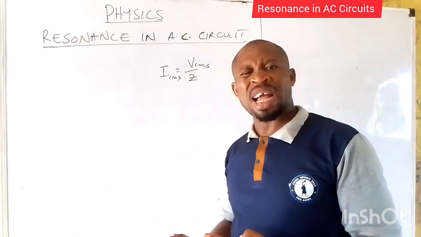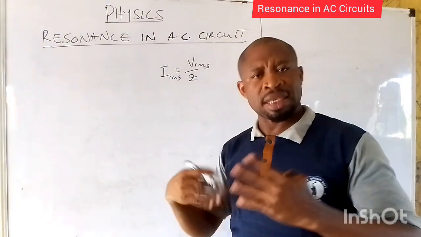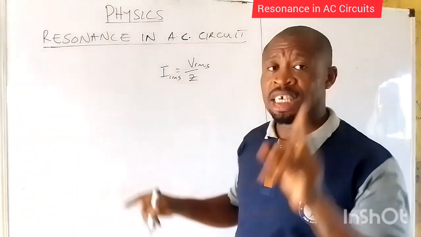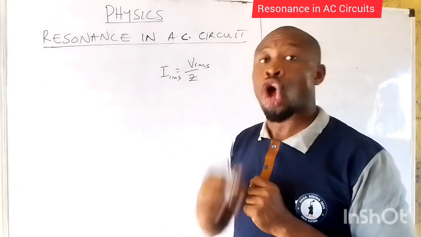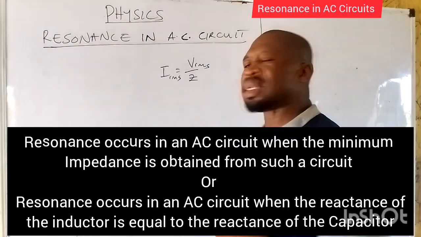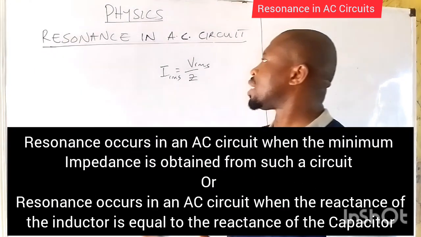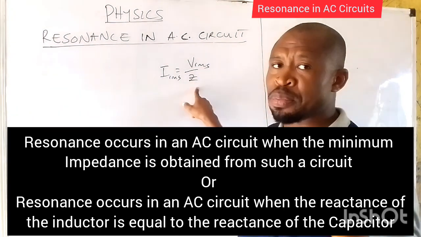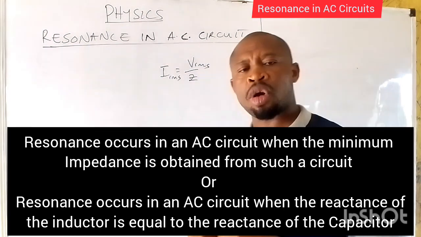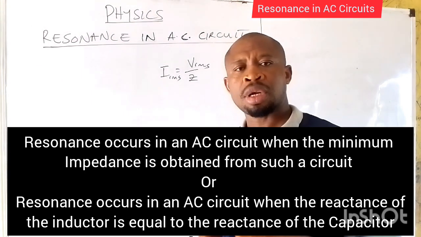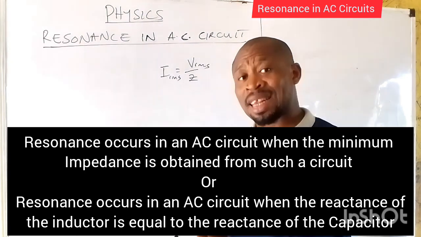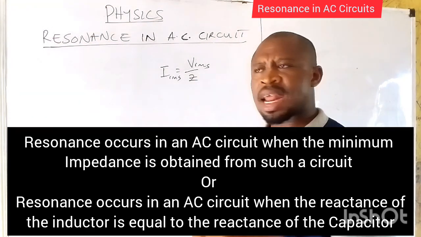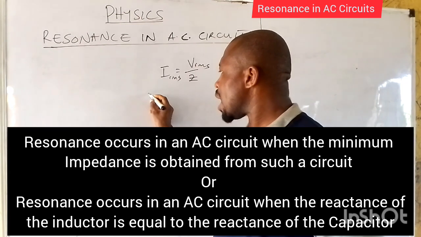So, in other words, resonance is said to occur in an AC circuit when the maximum current is obtained from such a circuit, or when the minimum impedance is obtained from such a circuit. Now, we can also say, this is a third definition, resonance occurs in an AC circuit when the reactance